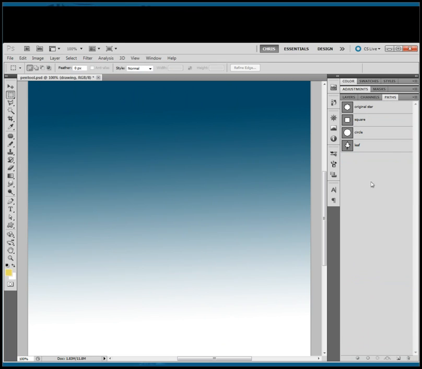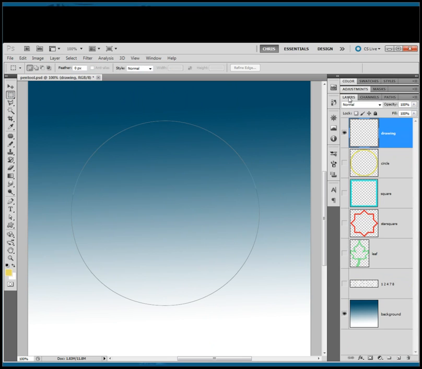If you notice, when you select a path, you see it on the screen, and when you deselect the path or select another one, another path comes up. If you select over here in the panel area, you won't see the path at all. Just something to be aware of. Okay, so now let's select the circle path, go over to the layers panel, and turn the visibility for the circle